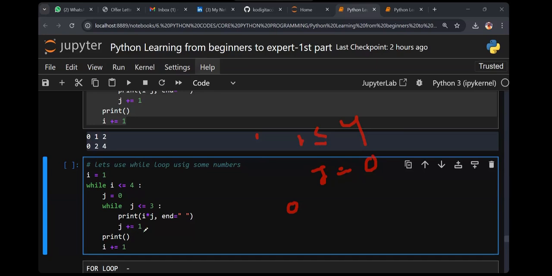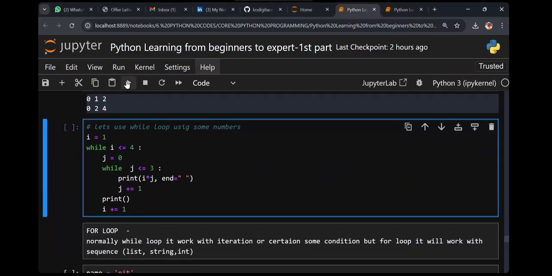What is j plus 1, guys? Now 0 becomes 1. 1 less than or equal to 3. So what happened? i into j. i is 1. This is 1. Correct? So what next? The next j. So 2 less than or equal to 3. Then 2. So I already did it. Some of the online team have already displayed it. Can you count like this? The way I'm doing, can't you do it yourself? Can't you do it yourself, guys? Offline team.